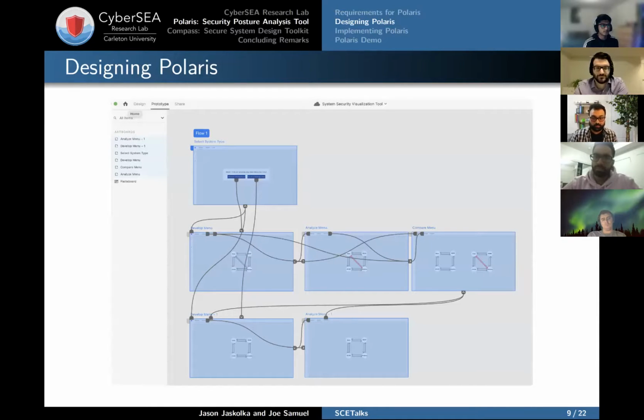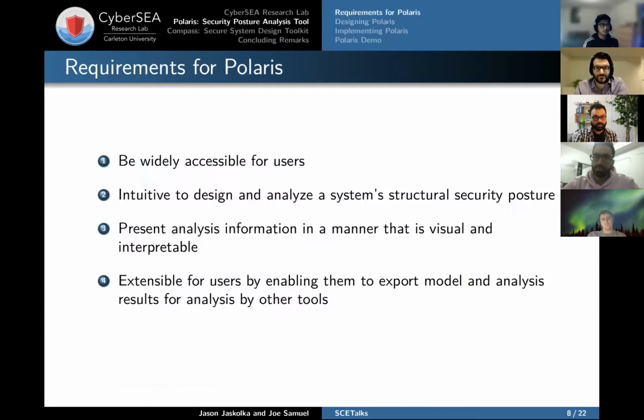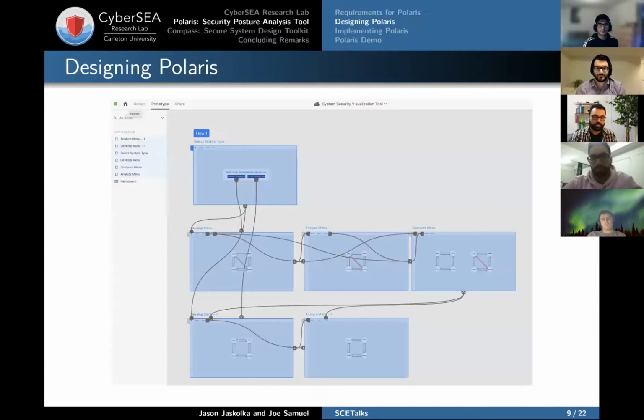And now, again, the key part was that, as part of a requirement, we had to make something that was intuitive to design and analyze a system's structure, right? So I started off by sketching things out in a simple notepad and then prototyping designs that could work, or at least that I thought could work, and started to discuss them with our stakeholders. In my case, it was Professor Jason and another professor who was involved in this work. What that helps us do is get everyone on the same page, right? Because normally we all have discrepancies in how we think and how we perceive certain ideas.